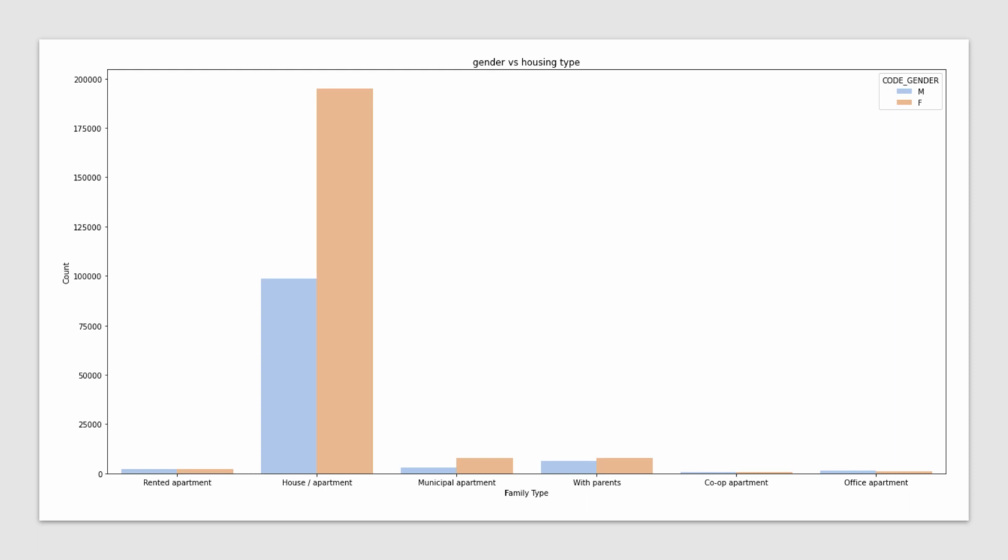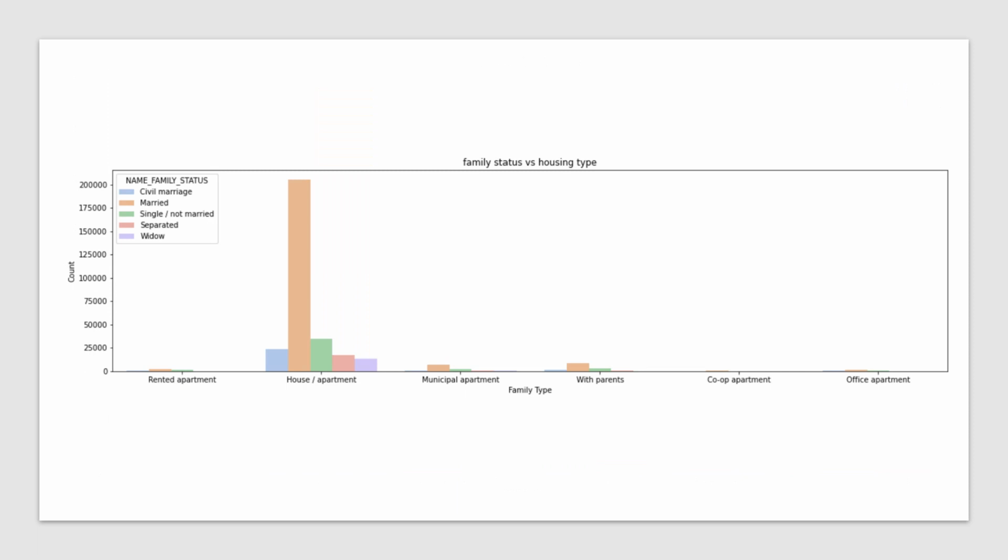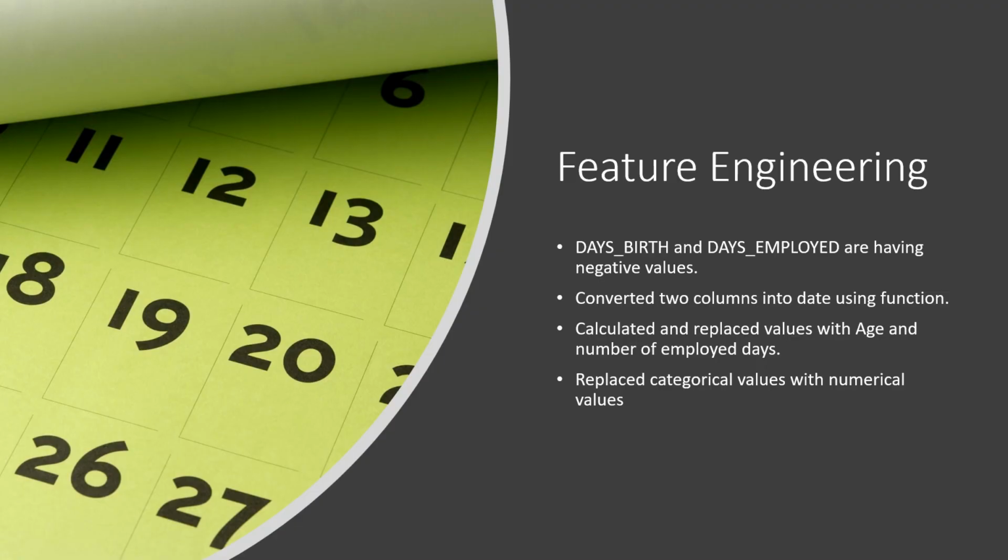And coming to this, it's family status versus housing type. For blue we have civil marriages, and we have differentiated the rest through these colors. So in this graph I can say that most are married people having a house, and most of the applicants. And okay, now coming to the feature engineering,